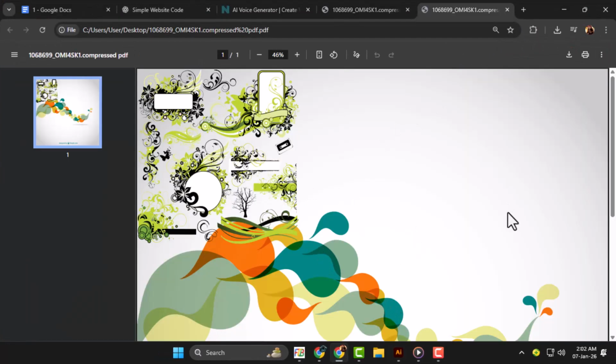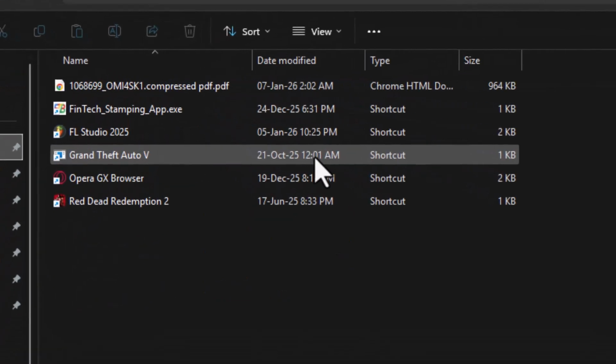When the PDF settings window appears to finish the process, your file will now be much smaller and easier to